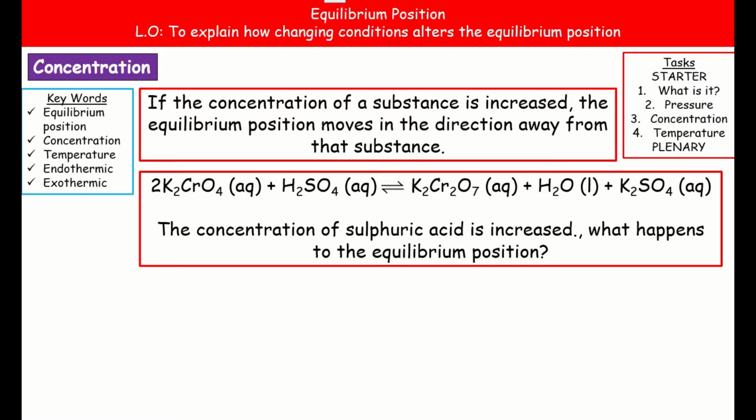So if we read this question then, the concentration of sulfuric acid is increased, what happens to the equilibrium position? So first thing to do is find the sulfuric acid. And hopefully we remember that sulfuric acid is H2SO4, which is there on the left hand side. So that tells us that the sulfuric acid is increasing in concentration. So because if we've got one of our reactants increasing in concentration, the equilibrium position is going to be pushed to the right. So to answer what happens to the equilibrium position, we can say that the equilibrium position